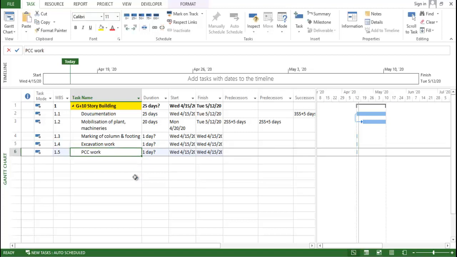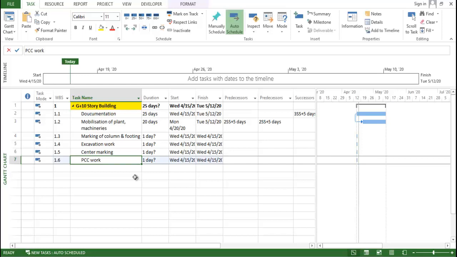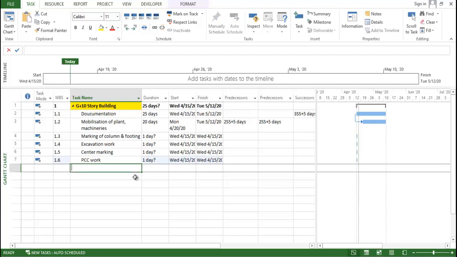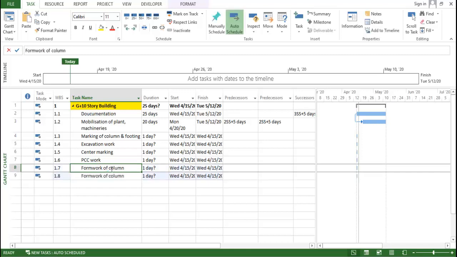Or we can do the center marking. After that we go for the PCC work, the plain cement concrete, with reinforcement. We used to do the same work. After that, we go for the formwork, formwork of column. But this activity comes after, not earlier. Here first comes the